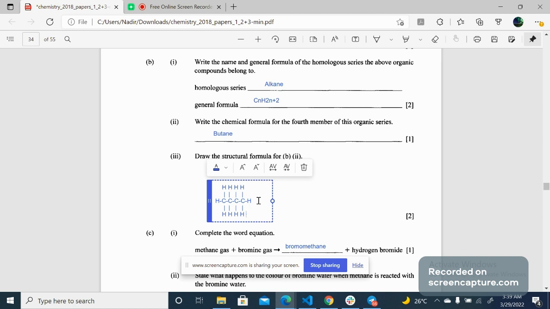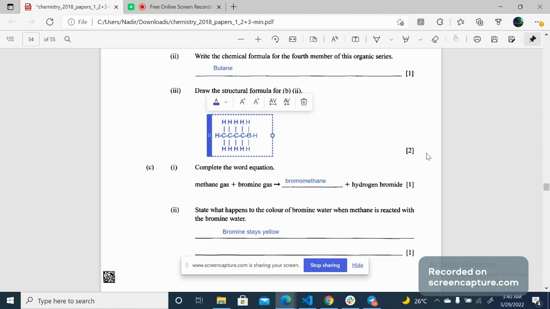Okay. So the basic idea is butane has to have four carbon atoms and 10 hydrogen atoms. If you look up the formula, if you put 4 for C4, 2 times 4 is 8, plus 2 is 10. So C4H10 is the formula for butane. When C is 4, H is 10 for butane. Okay, so this is it for part 3, and then